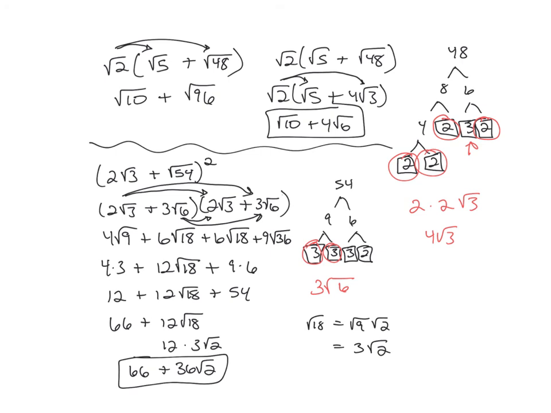So these binomial times a binomial ones, depending on the number, you can get some fairly challenging steps to go through as you work your way down. But I would simplify inside the parentheses first all the time, because you might get lucky and you might be able to add some stuff together. So like if I had